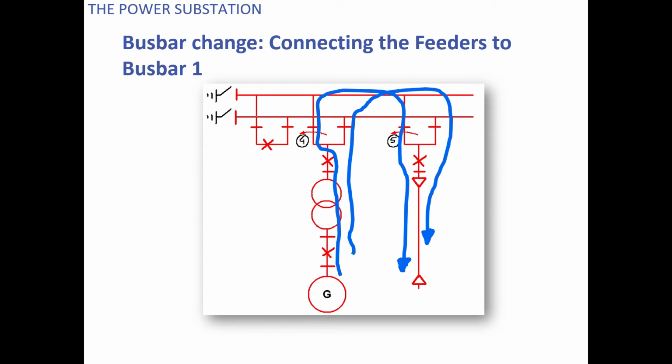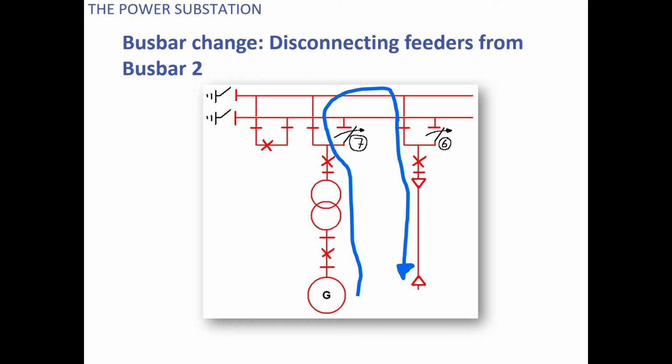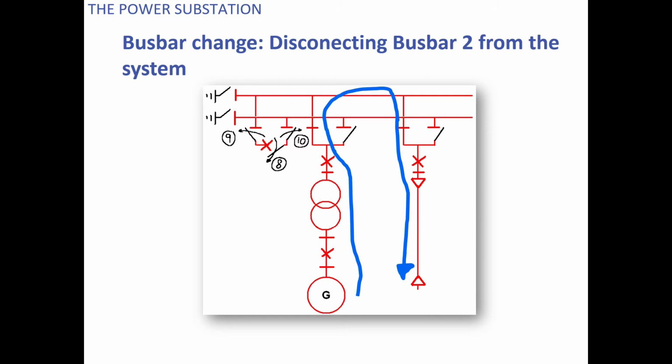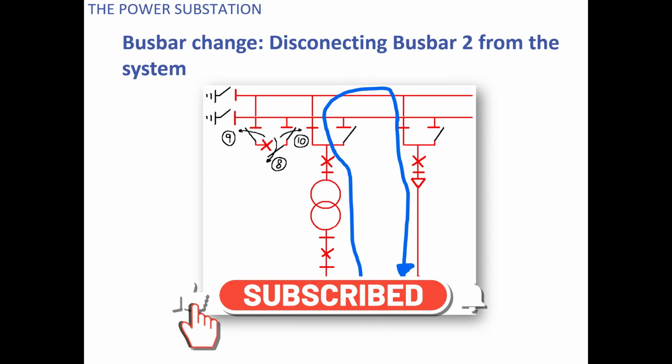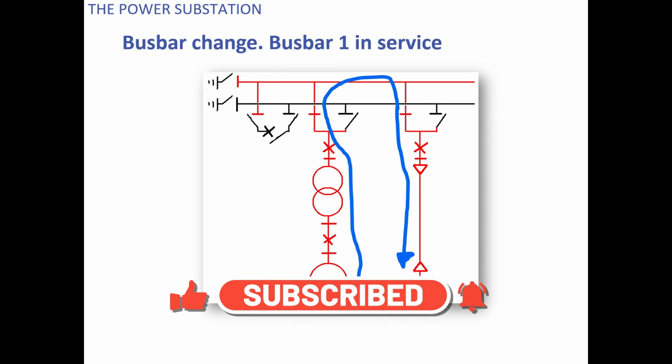And if you see here, what you can do now, you can just open this disconnector 1 and disconnector 2, and then this power will come from the generator to bus 1 and then it will be transferred to this feeder. And now you can also open this breaker and these two isolators, so that the complete system is now transferred from bus 2 to bus 1. So this is one of the cases, one of the controls that may be required in your substation.